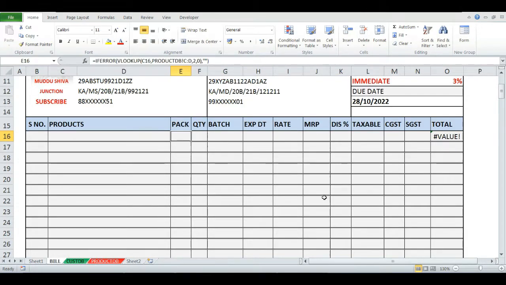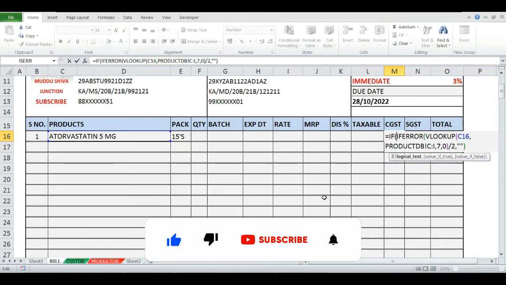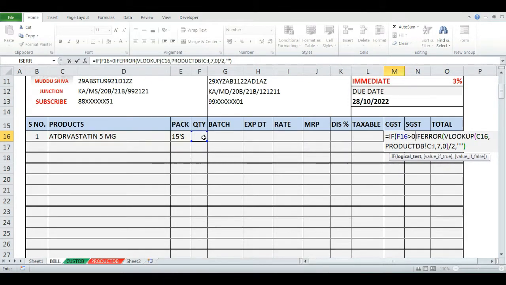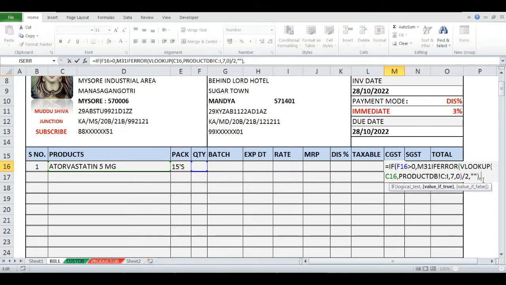So here if I select any of the product, so still CGST and SGST should work on quantity only. For that we can edit again, IF bracket, quantity greater than 0 comma, so again end of the formula comma double quotes